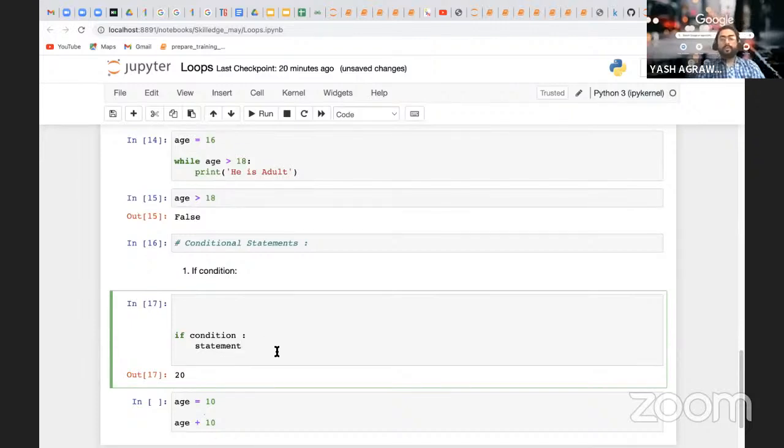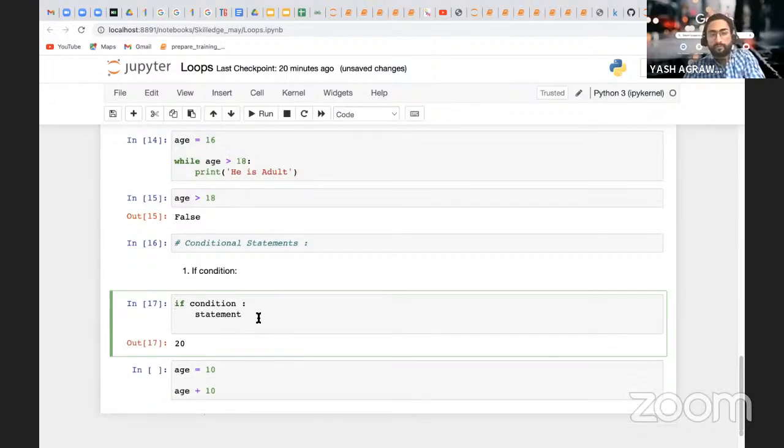So we will start with this if condition. And if this condition is true, as like your while, then this statement will get executed.